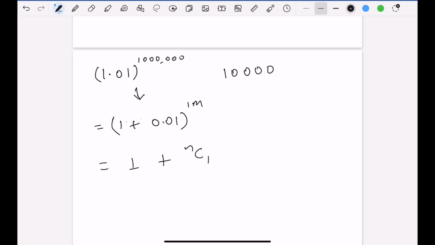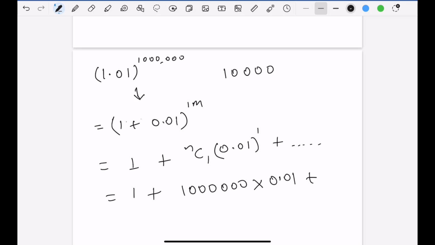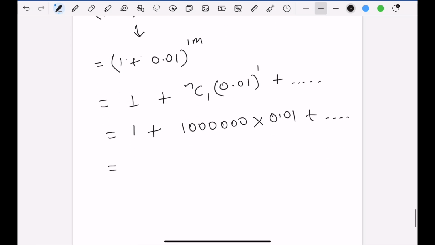nC1, 1 to the power 1 million minus 1, which is 1, into 0.01 to the power 1, plus other terms. So it will be 1 plus nC1. That is, 1 million choose 1 will be 1 million, into 0.01 to the power 1, which is 0.01, plus other terms, which is 1 plus, if we solve this, we'll get